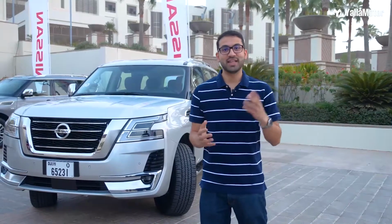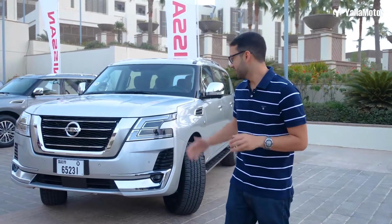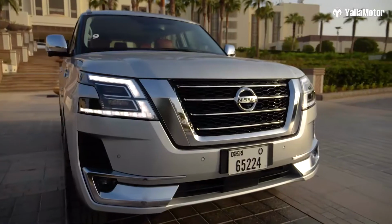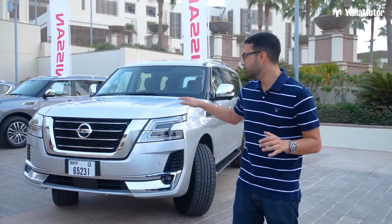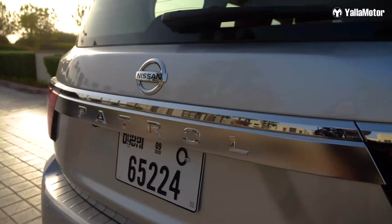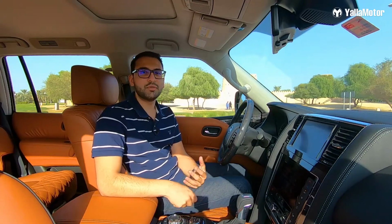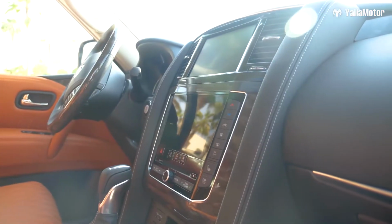Keeping its buyers and their lifestyle in mind, the new Patrol is available with two bumpers. We've got the city bumper with more chrome and another off-road bumper that's slightly higher for better approach angles. The other big changes include the new bold V-motion grille and new LED headlights and taillights with the signature C motif. On the inside, Nissan has carried out plenty of changes and improvements to enhance the comfort factor in the